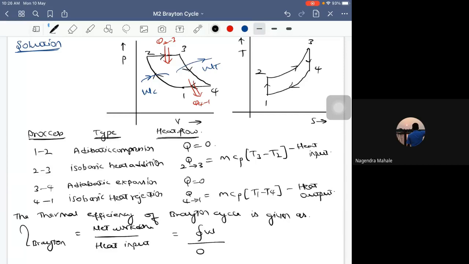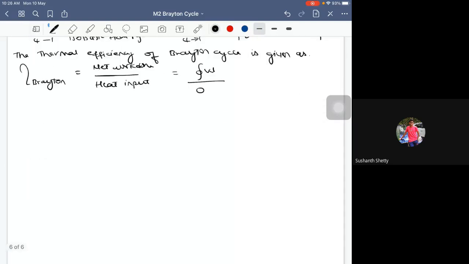Where are you giving the heat to the system? 2 to 3, sir. Very good. So I will just take it as Q 2 to 3. This is where you are giving the heat to the system. Now, from the first law of thermodynamics,